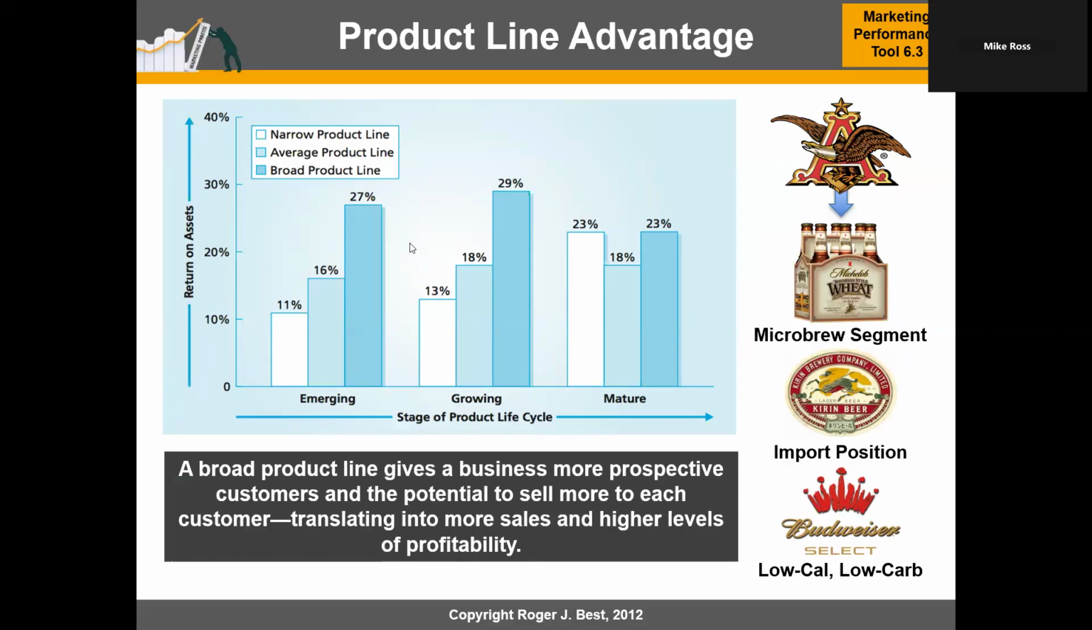We can have a product line advantage. I know we're at Asbury, so we're not supposed to really talk about beer. But in a hypothetical sense, if you are a beer manufacturer and you have all these different product lines, then that allows you to tailor your offerings to different market segments, and therefore you're able to enhance your return